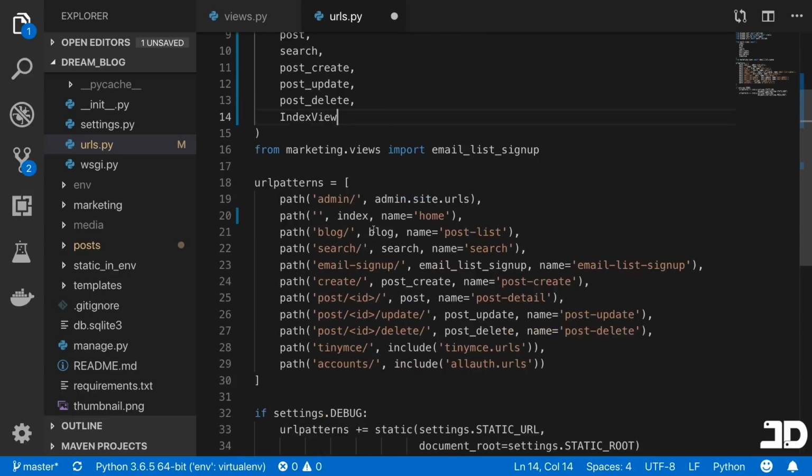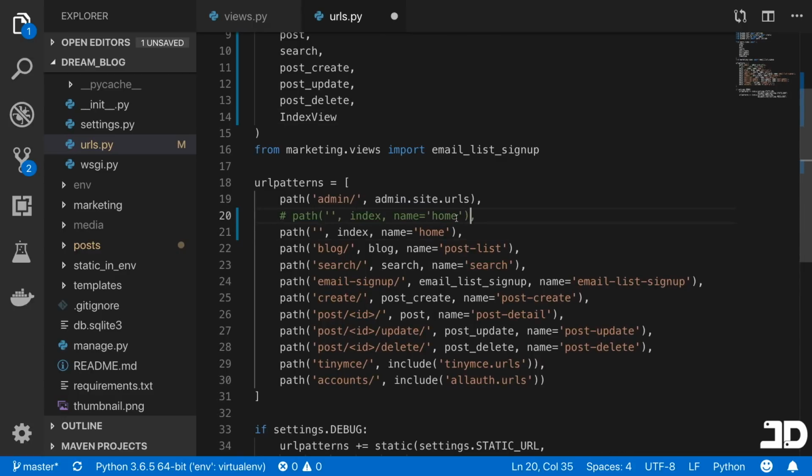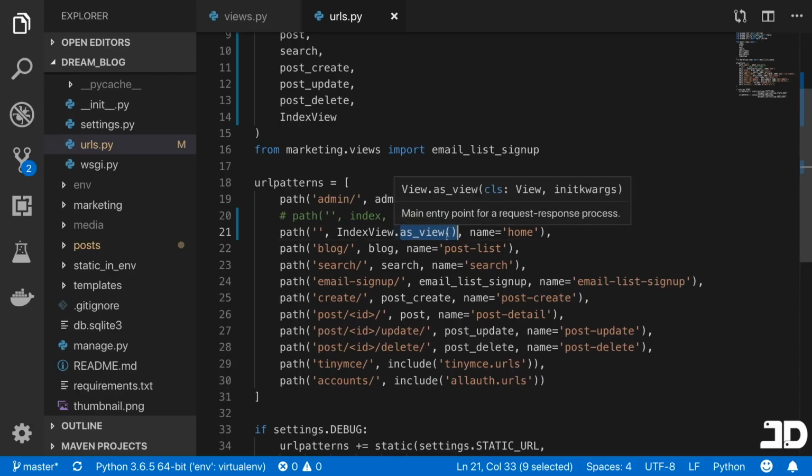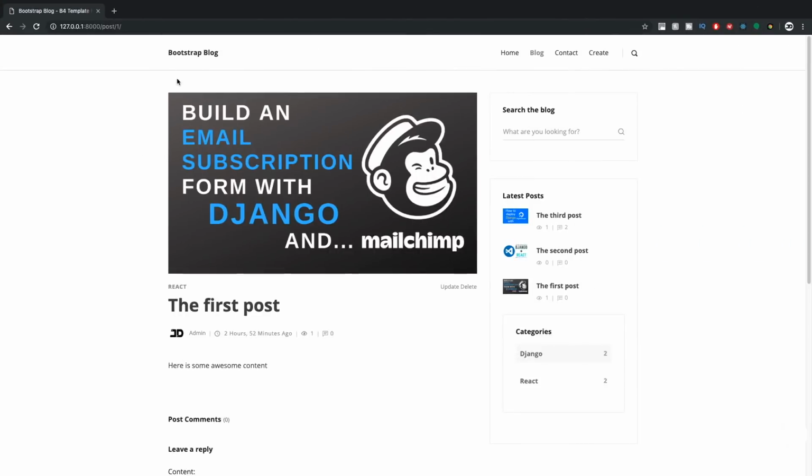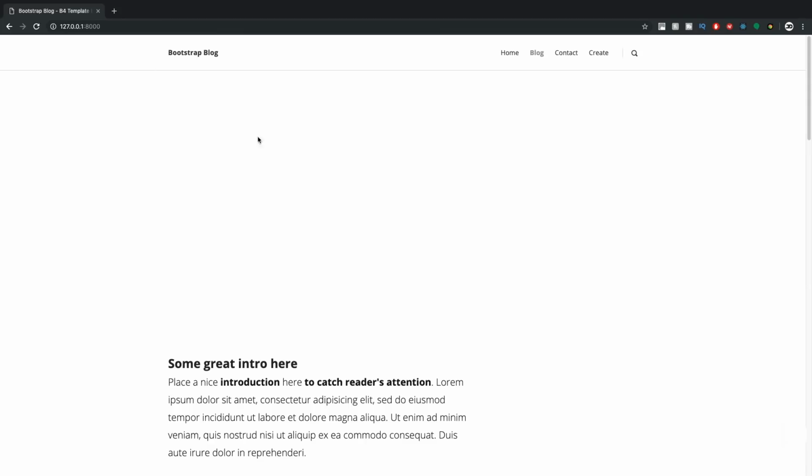And so I'll add all of these at the end. So we have index view, and then I'll just make a copy of this. So we have index view, and then we have to call .as_view. And this is just what's required when you use a class-based view. So we need to pass it in like this. And if we check the server's running, so let's go back to the home page and we can see that